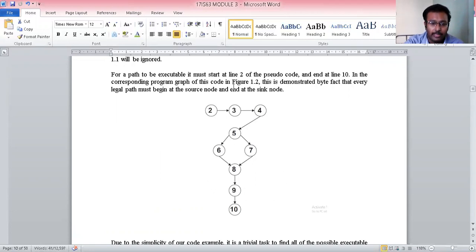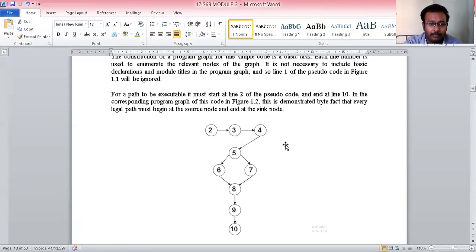These are the nodes of a program graph, and in between the nodes there are edges that represent the flow. Suppose we are at node number 5, where are we going, either to 6 or to 7? That depends upon the input you give.